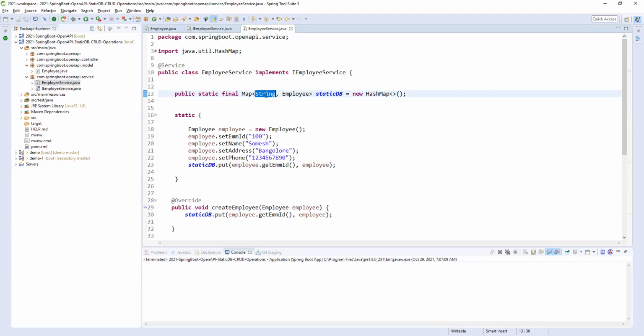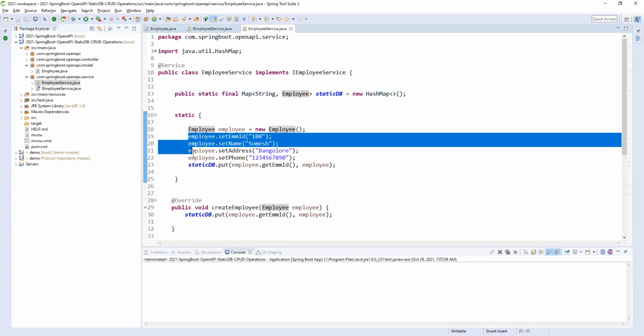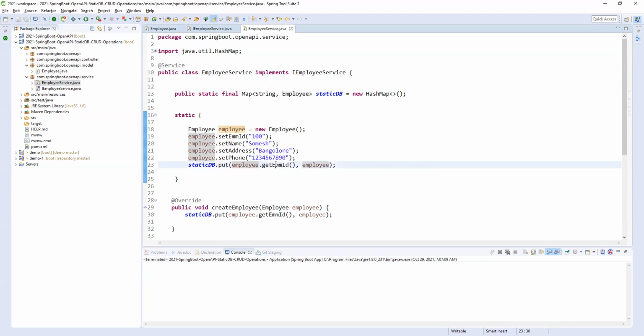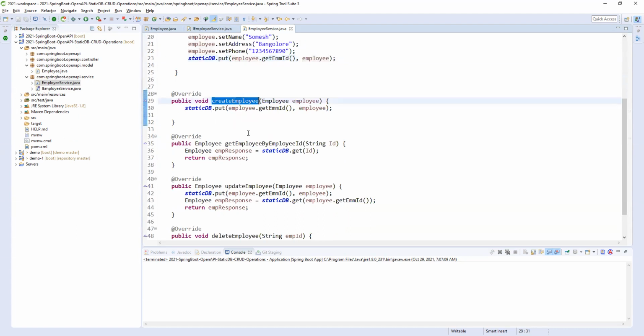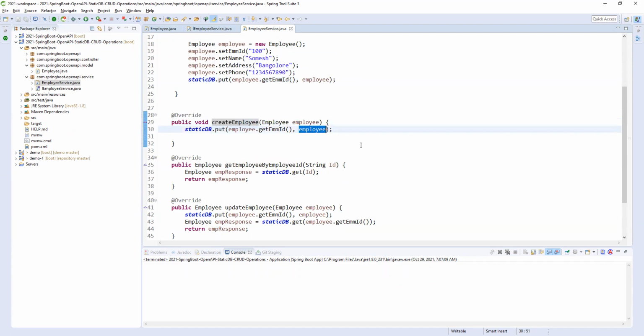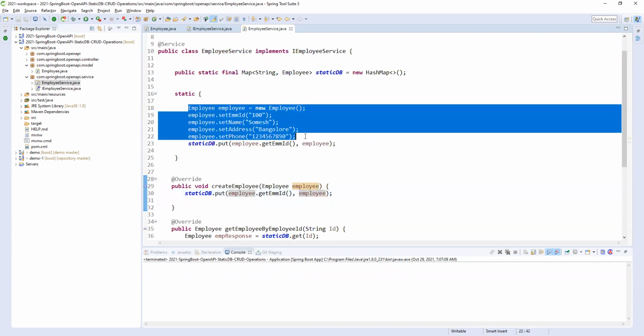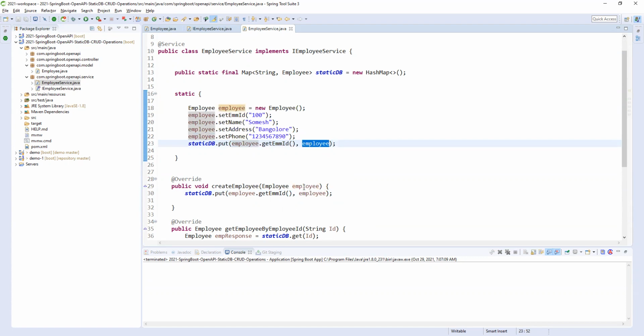Okay. Map key is always unique, right? So key comma employee. So I can give the employee ID here, and I can give the employee object here. So like that, see, I'm creating an employee object. So I have the employee's total values. Now employee dot get ID is nothing but the key, and employee, right? So like that I'm saving it here in the employee static DB. So if you see here, create employee. Previously I'm saving one employee by default. If you want to send from the front end, whenever you are saving your code, you can automatically put it here.